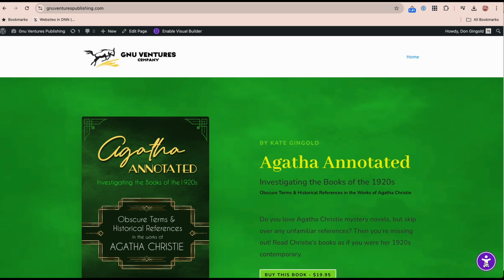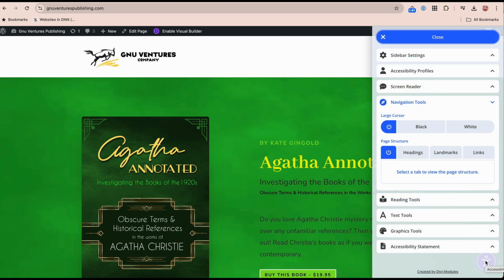You'll notice down here at the bottom right that there is this accessibility logo. That's what you get when you install the software. All you have to do is add the sidebar plugin, and it immediately puts it up here on the page. If you click on it, you get this great sidebar that allows you to do all kinds of